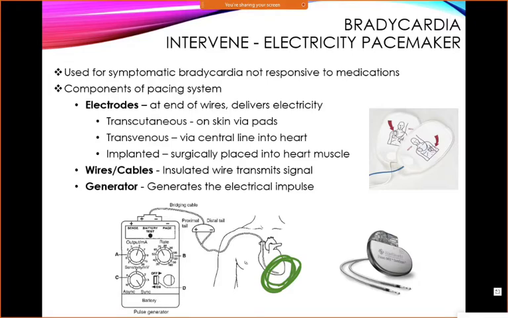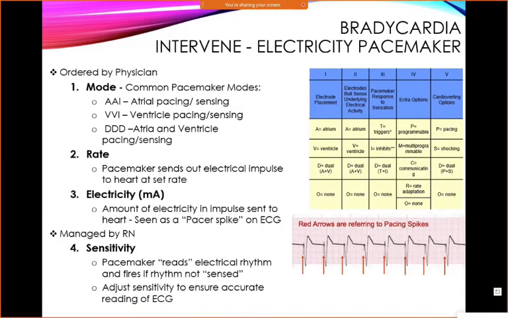So it's kind of dependent on what you're doing. This one right here can have one electrode in the atrium and one in the ventricle, and so it can pace two different chambers, and you can have different rates going out to each. They can be very complex, but the mode will tell you where the electrode is sitting, and it should be,